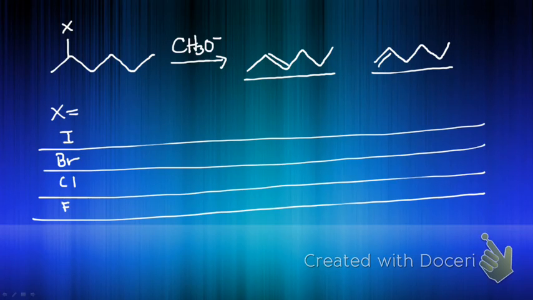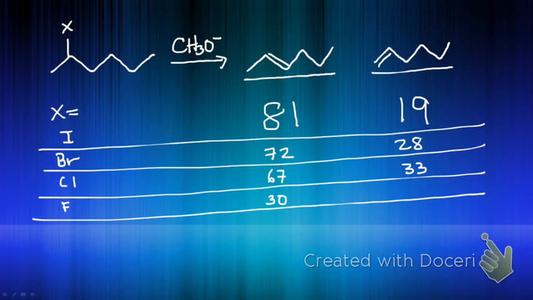Okay, so the Zaitsev product is about 81 versus 19 for iodide. Now, iodide is a good leaving group. For bromide, it's going to be around 72 to 28. And when we get to chloride, it's down to 67 and 33. And then when you get to fluoride, the percentages flop: 30% versus 70%. So we end up with the preponderance, or more, of the anti-Zaitsev product when we have